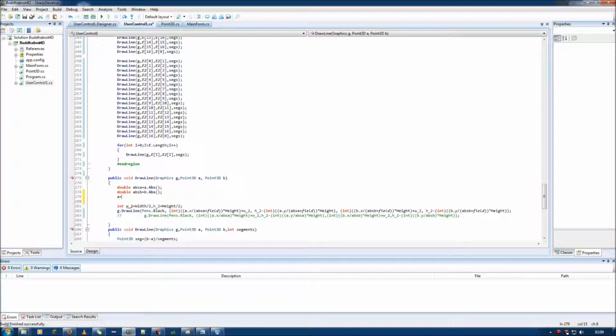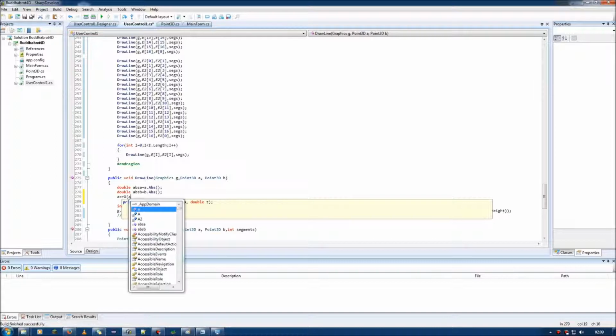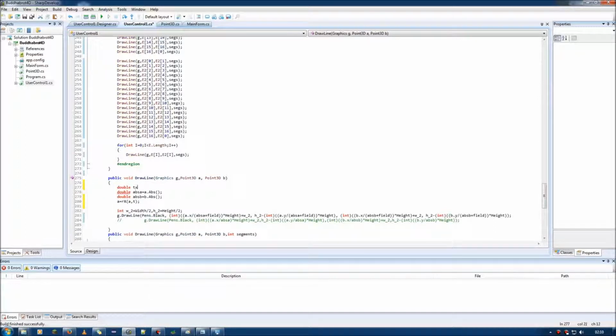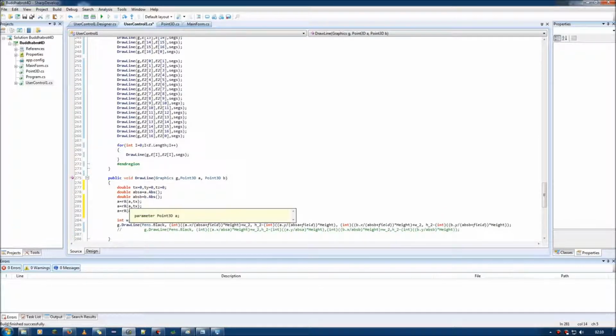A equals Rx A comma T, not this, tell you what, there we go, and so rotate x tx, y and z, and then change this to y and z, and then